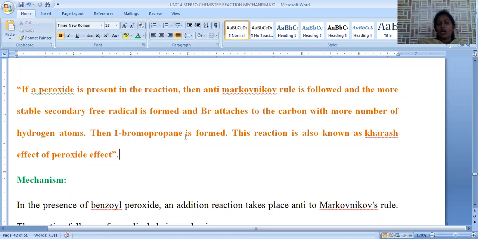That's the reason why 1-bromopropane is the major product in the case of the anti-Markovnikov rule. Okay, so by this